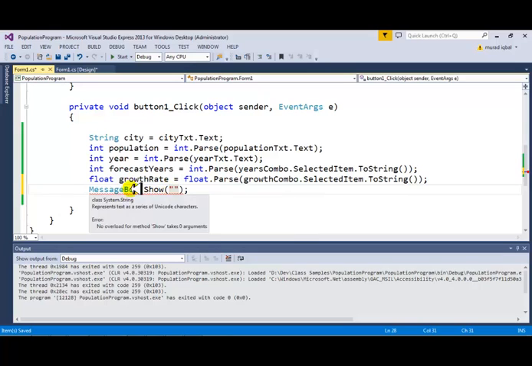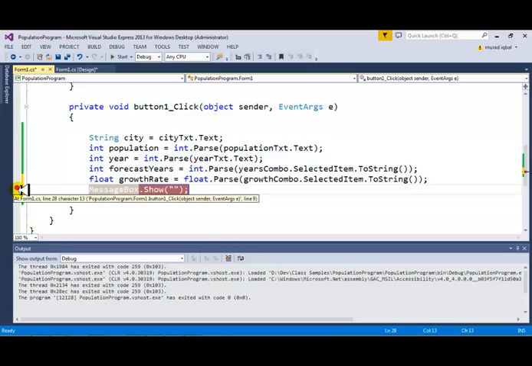So this does not give me any error. By clicking over here at this place, it will add a red dot. What this means is it will stop the program and show you what is the current status of the program